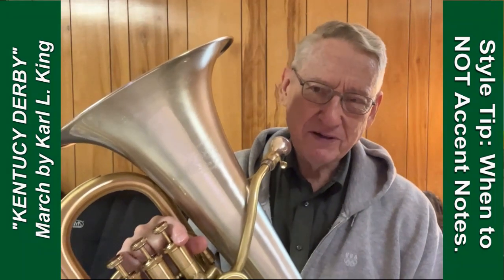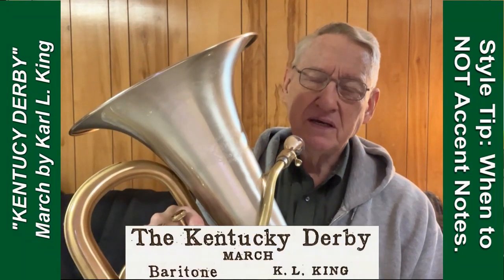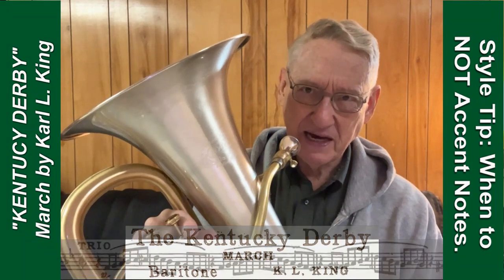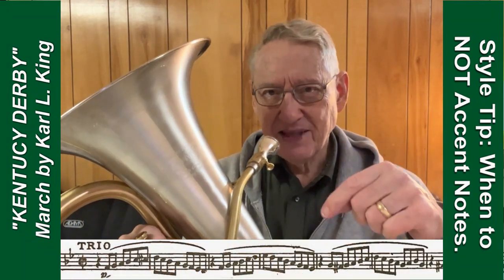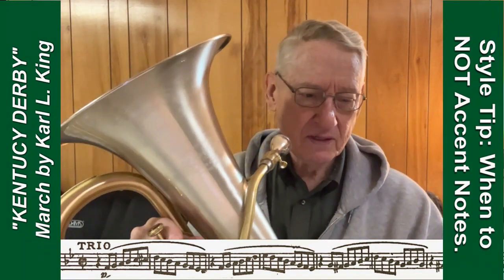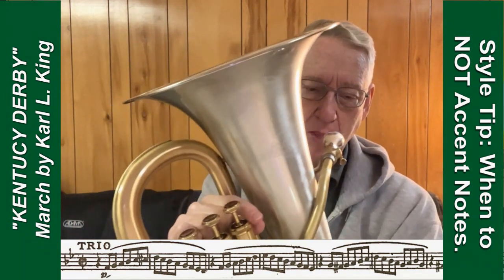By the way, that tip also applies to another march by Karl King, the Kentucky Derby. In the trio of that march, now we're in cut time, we have running eighth notes that again end on the last eighth note before the bar line. So in the slower tempo,